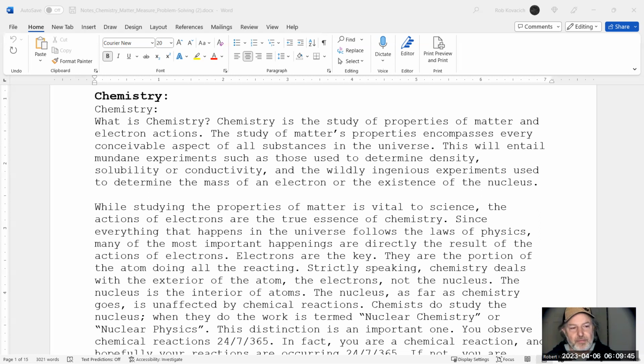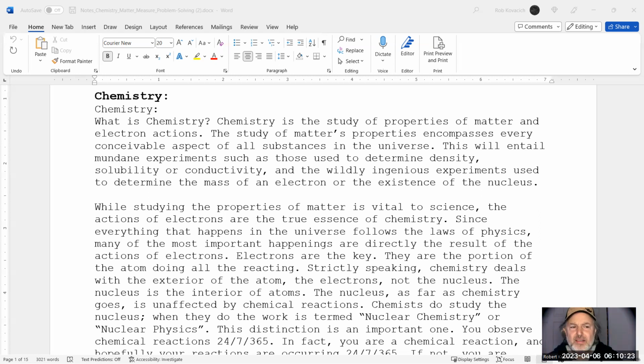Electrons are doing something. An easy example is fire. When you're burning a piece of wood, electrons from carbon are being given to the electrons from oxygen. That's why you need oxygen to cause a fire. You need something to take electrons and you need something to give electrons. And that's why when the fire is finished, the end product for carbon is carbon dioxide, and carbon dioxide doesn't have any more electrons to give. So we talk about actions of electrons. They get transferred, they get shared, something happens with them, and that's a chemical reaction.